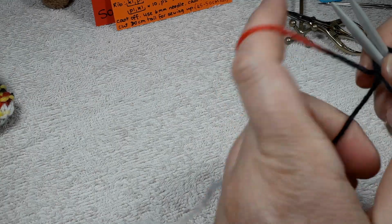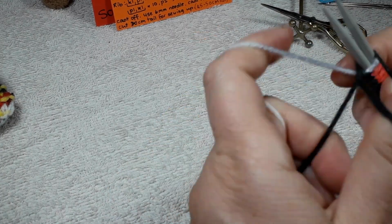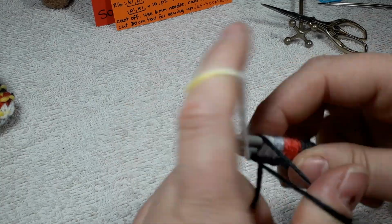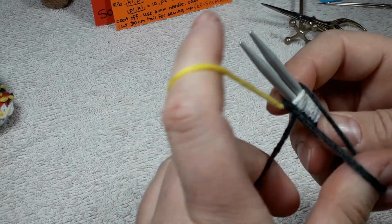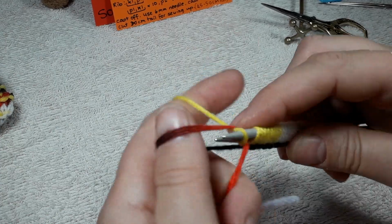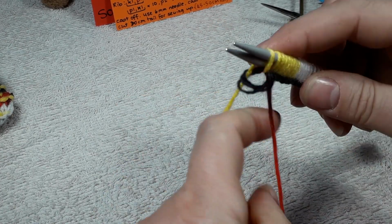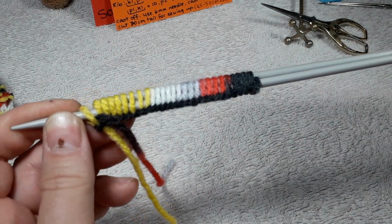I don't count as I cast on, I just cast on until I run out of tail, and then I count my stitches. As I usually knit doing something else, listening to podcasts, visiting my mother, sitting in the car. I don't always have the possibility of counting for as long as it would. To make the whole row, I'd have to count carefully, but this way I just cast on, run out of tail. So now I pull out the top needle,